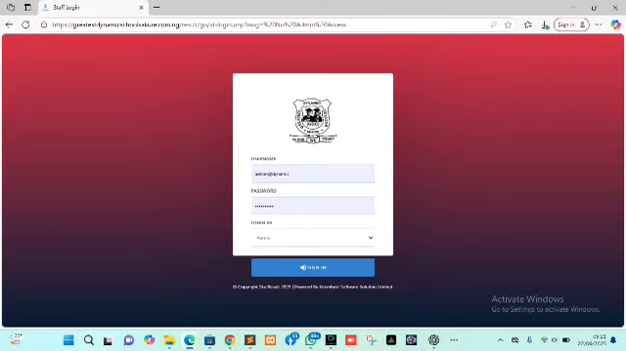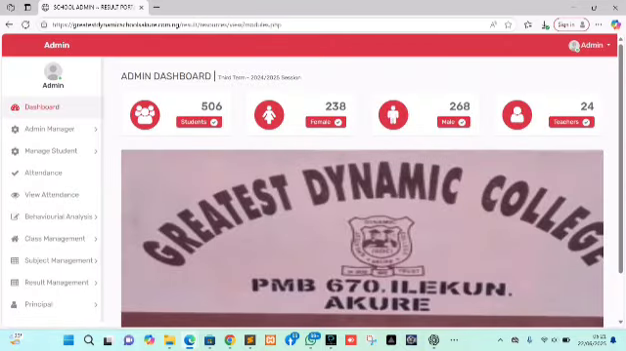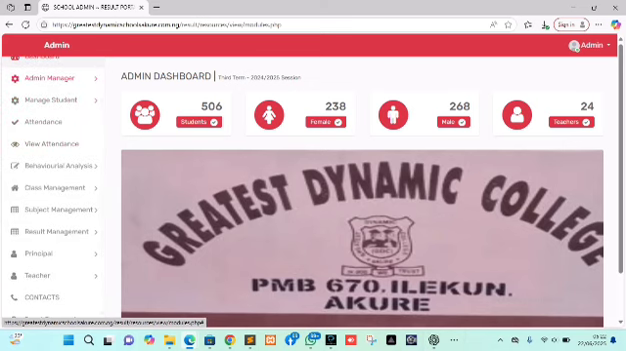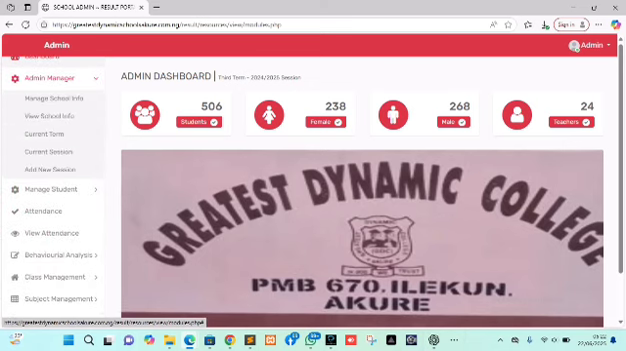Right, so here is the admin login page for the result system. So you click on sign in. Okay, so here's the dashboard showing a quick analysis of the students and teachers. So in the admin menu here we have admin manager,